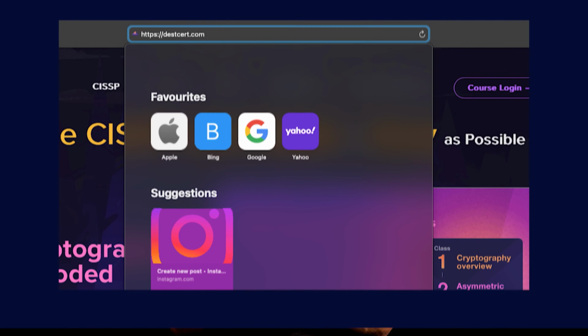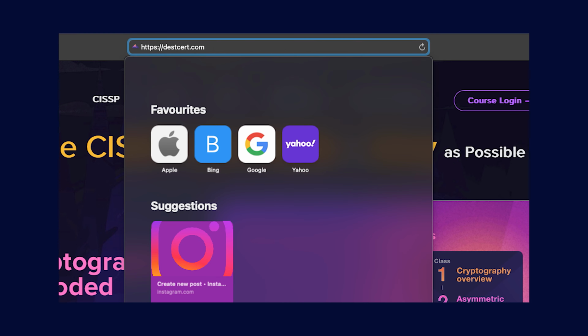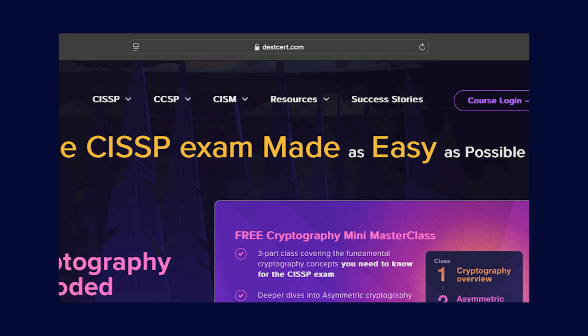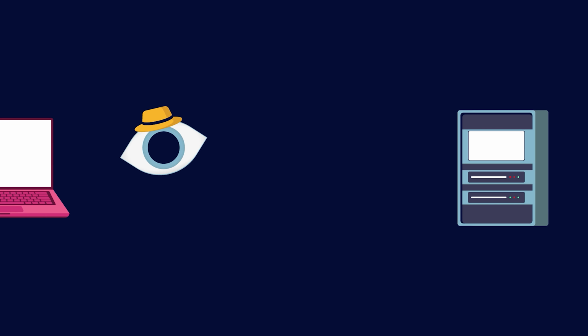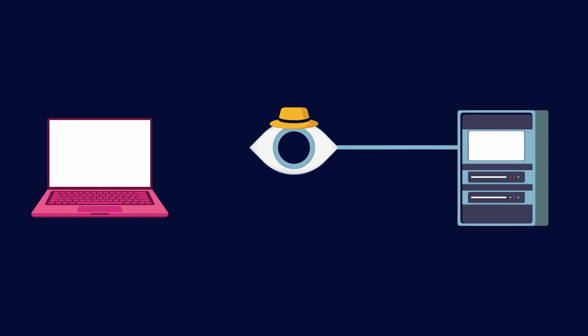The S in HTTPS stands for secure. And this security is provided by something called SSL or TLS protocols, which encrypt the communication between the user's browser and the web server. This encryption is indicated by the HTTPS prefix and a padlock icon in the browser's address bar. Users should be cautious of websites that offer only HTTP connections, as these are vulnerable to interception.